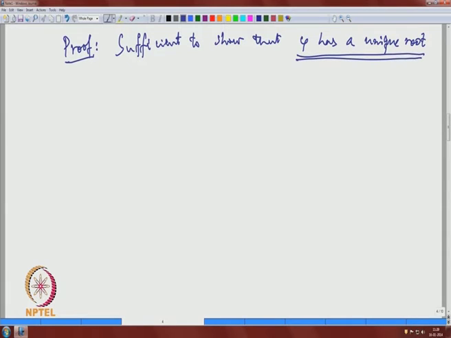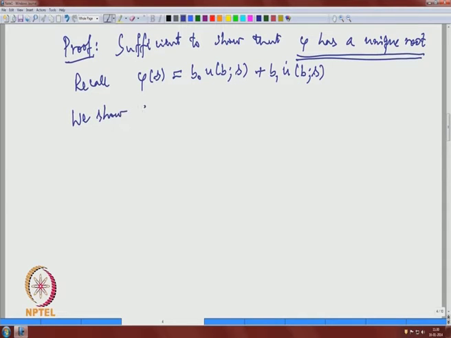So, again let me recall. So, recall this phi of S is B 0 U(b, S) plus B 1 U dot (b, S), and U is the solution of the initial value problem. Okay. And since phi is a real valued function defined on real line, so this is accomplished. Okay. So, we show phi has a unique root